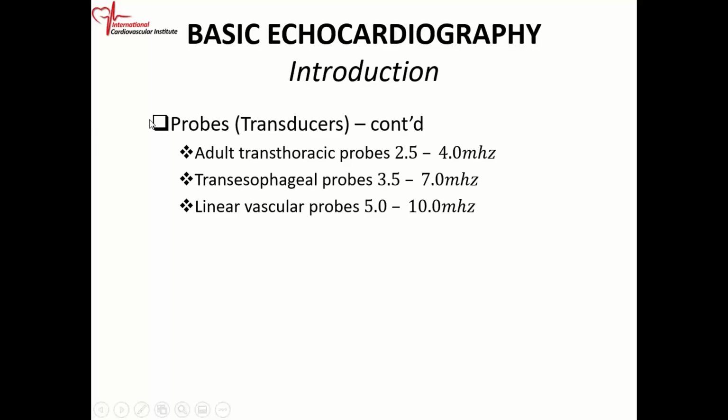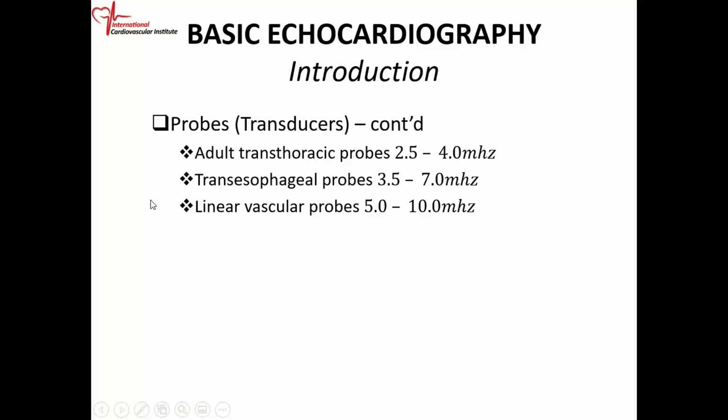Again, clinical ultrasound uses probes with frequencies between 2 and 18 megahertz. When we're doing adult echo, we use probes usually between 2.5 and 4 megahertz. So you have to know this. If you're going to do an echo of a patient, you have to get a probe between 2.5 and